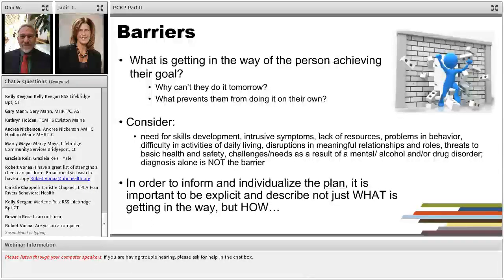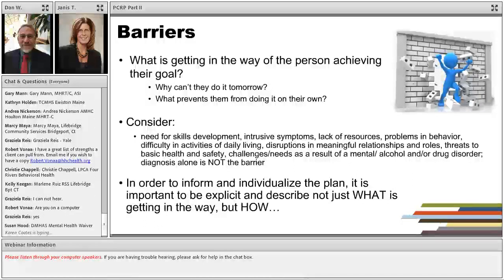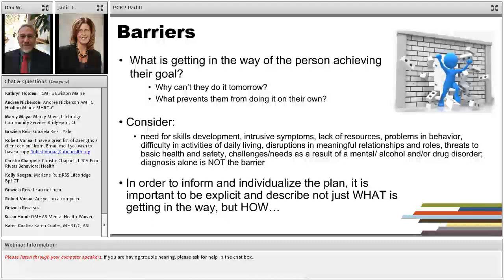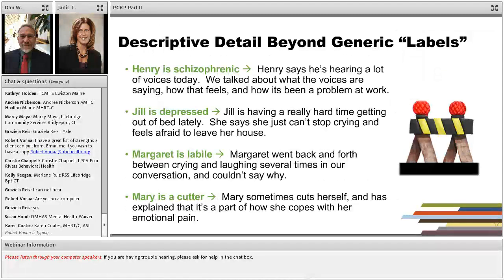We often talk about this because it's an important part of weaving that golden thread of medical necessity. But at the same time, I'm just a firm believer that level of descriptive detail is critical also just in writing a good quality plan of care, because together with a person, we have to get clear on what is getting in the way and how, so we can then offer appropriately tailored behavioral health and other types of interventions. So let's take a closer look at what some of that descriptive language might look like.